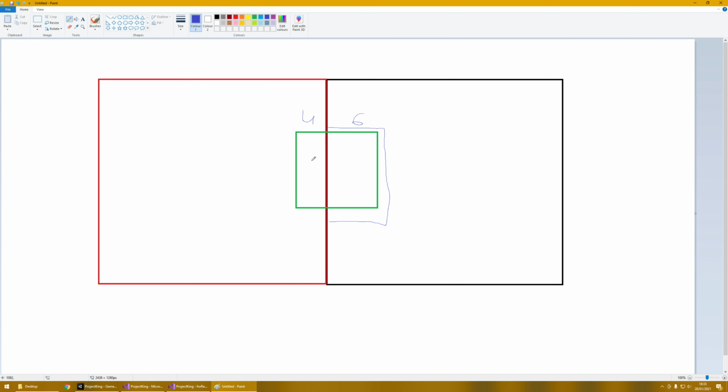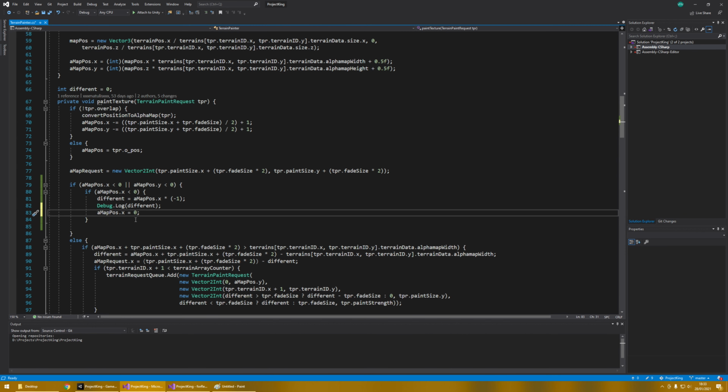The answer is really simple. If x was here, we need to move back to this one. So this is 0, and this is 1024 for the black terrain tile, not for the red one, for the black one. So 0 is only applicable for the black terrain tile. Going back,